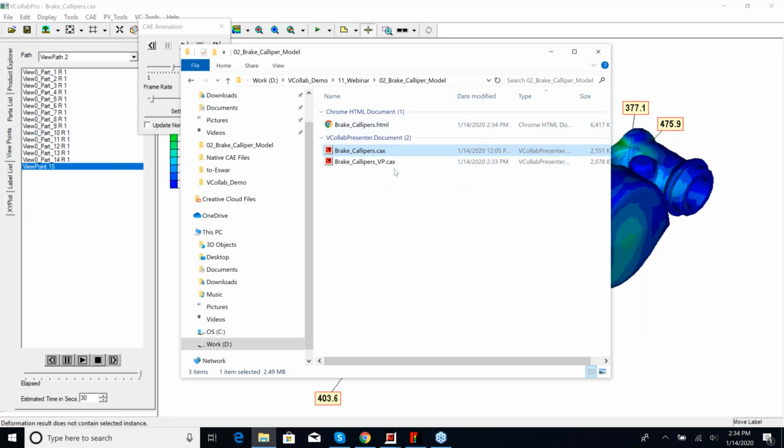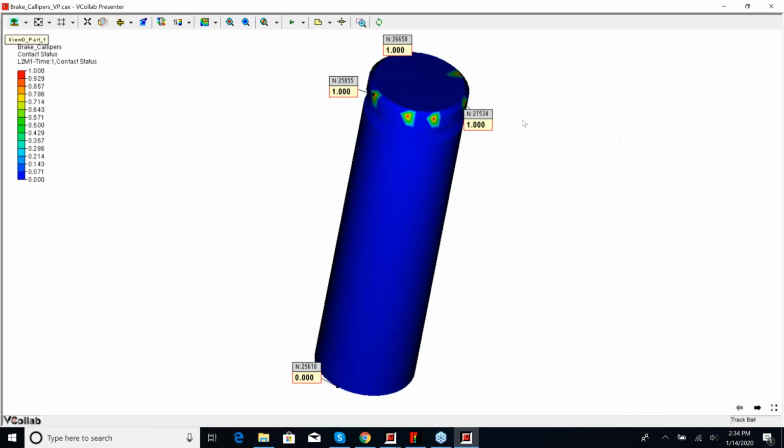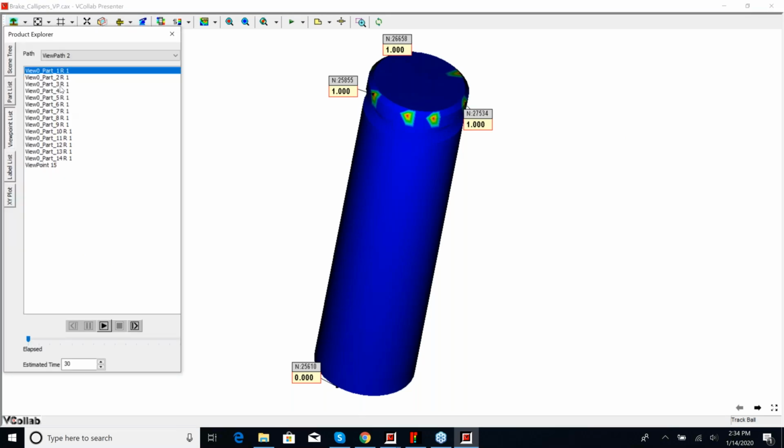Now say for example, if an analyst wants to forward a CAX file to a DRE or release engineer or to a lead or to somebody else, the person would go ahead and send out this CAX file. Upon receiving this CAX file, a design engineer would double click on it. This CAX file will automatically get opened in one of the other products of VCollab called VCollab Presenter. VCollab Presenter is the lighter version of VCollab Pro,